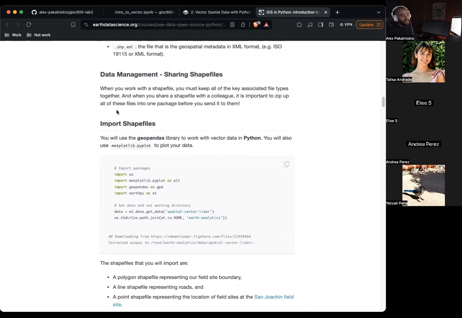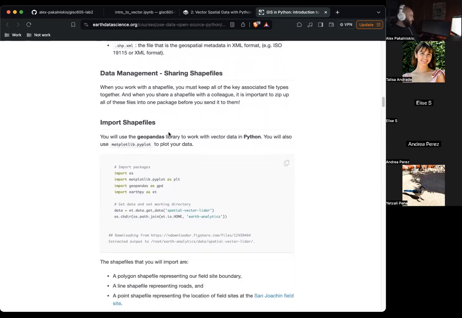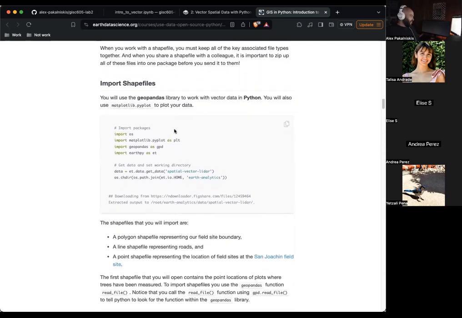I'm sure you've all had that painful experience of not sharing everything and someone can't open it, or you were on the receiving end of an incomplete shapefile. So do make sure to share them. That's one of the limitations of shapefiles: they're kind of annoying, but you have to share all those separate files. There are other formats where it's just a single file that are simpler.